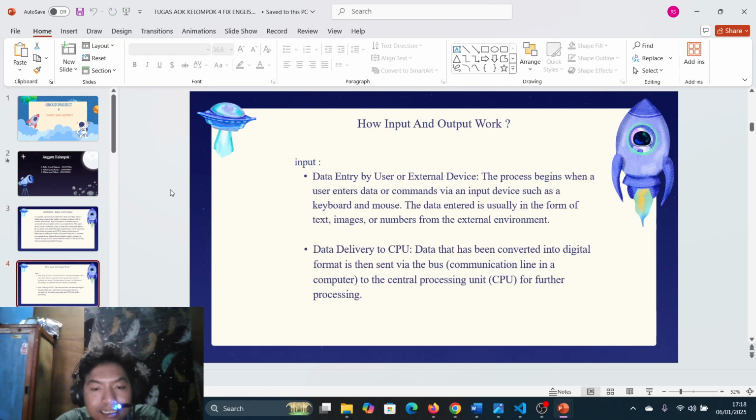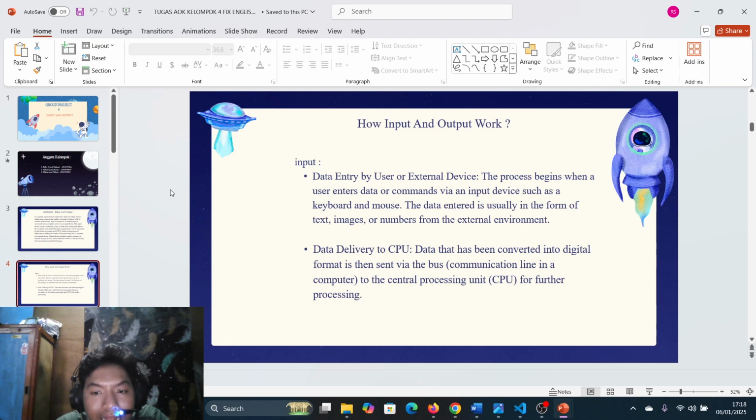For the next, I will explain about how input and output work. Input: data entry by user or external device. The process begins when a user enters data or commands via an input device such as a keyboard and mouse.